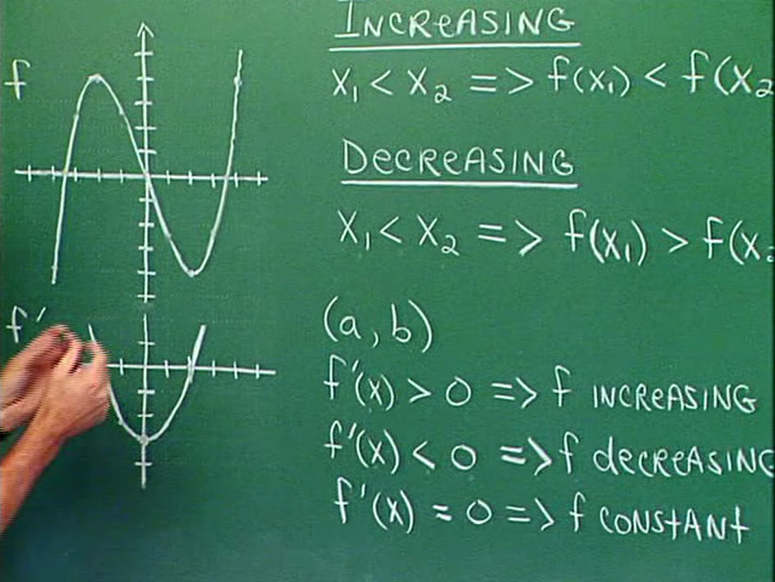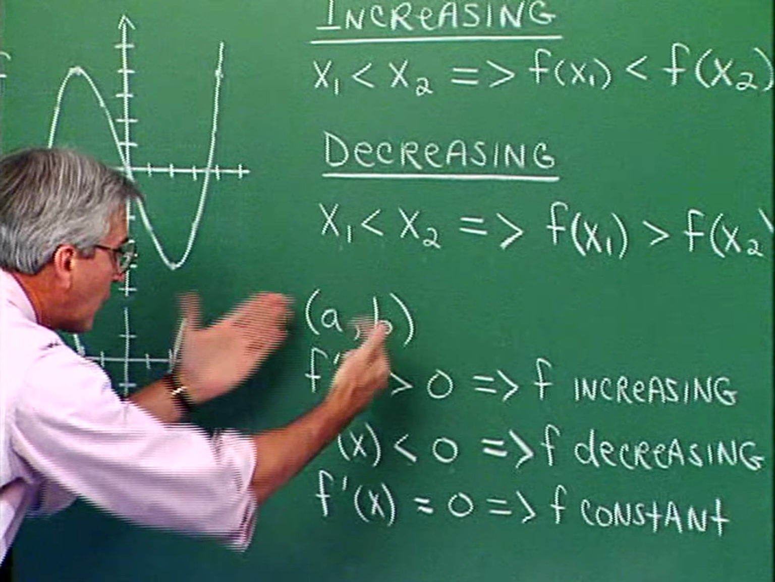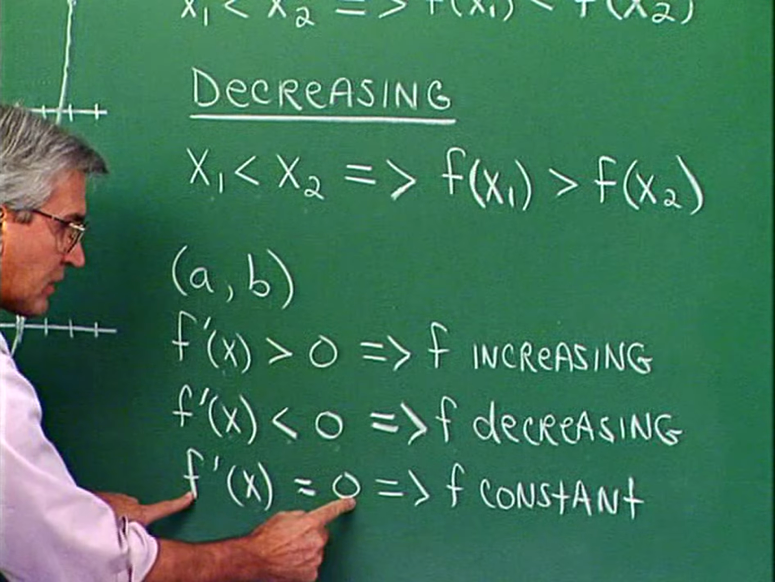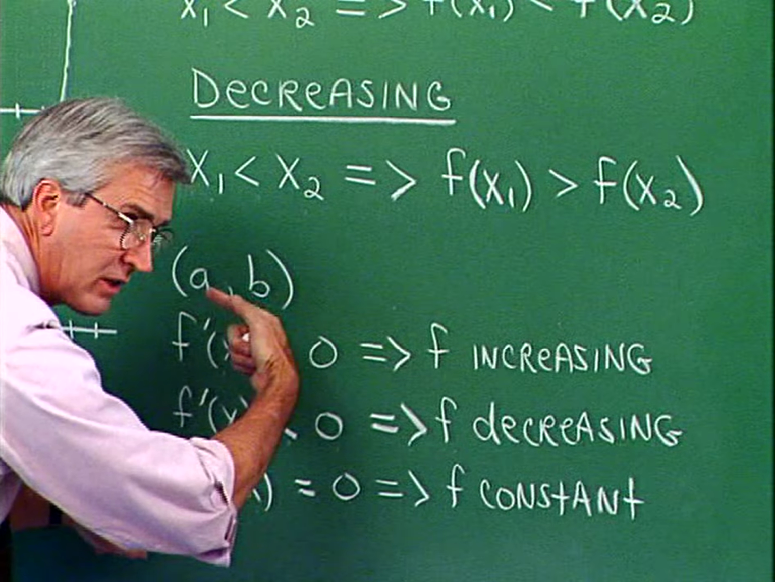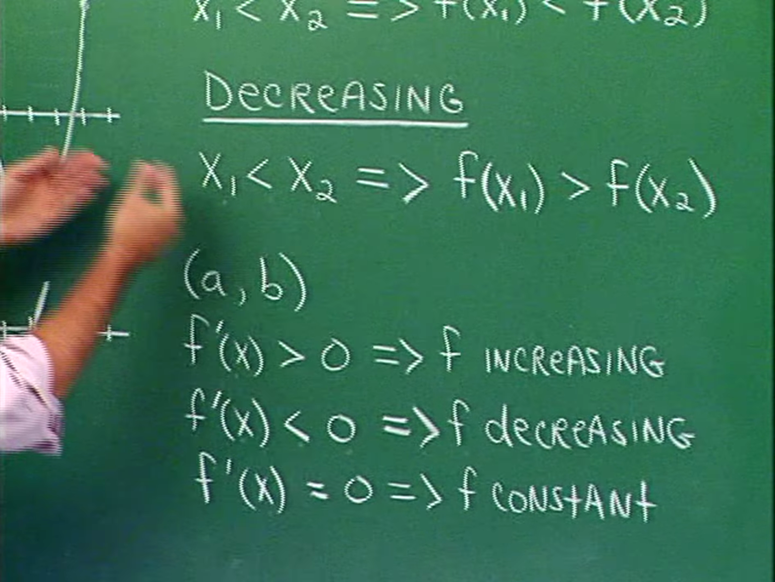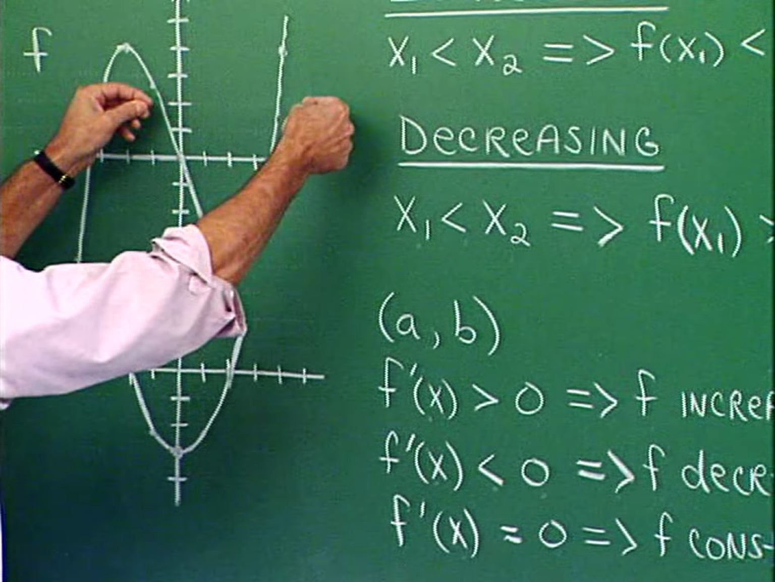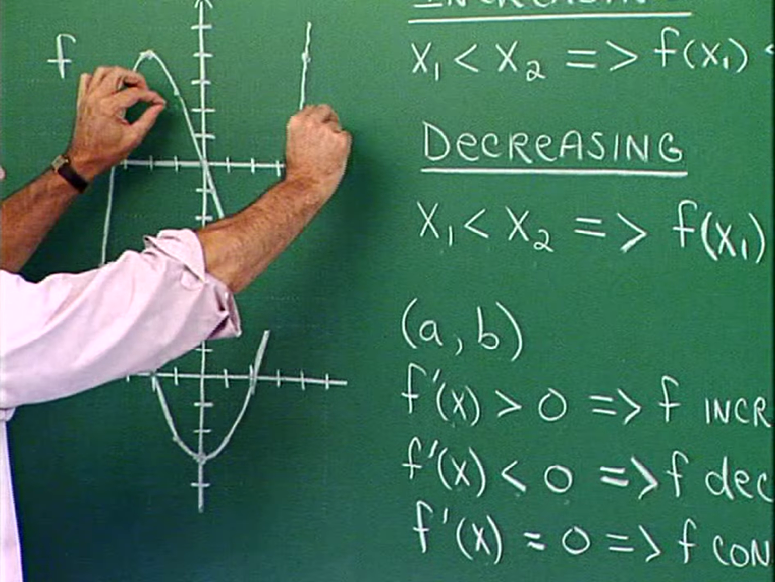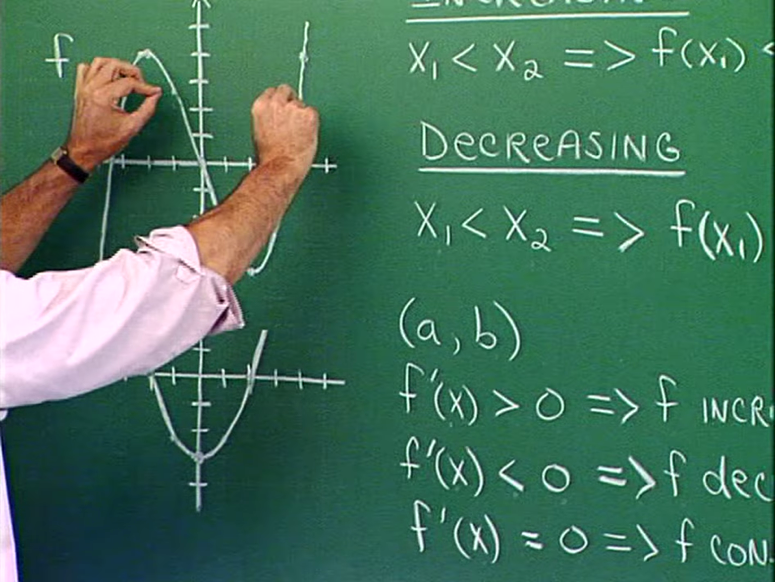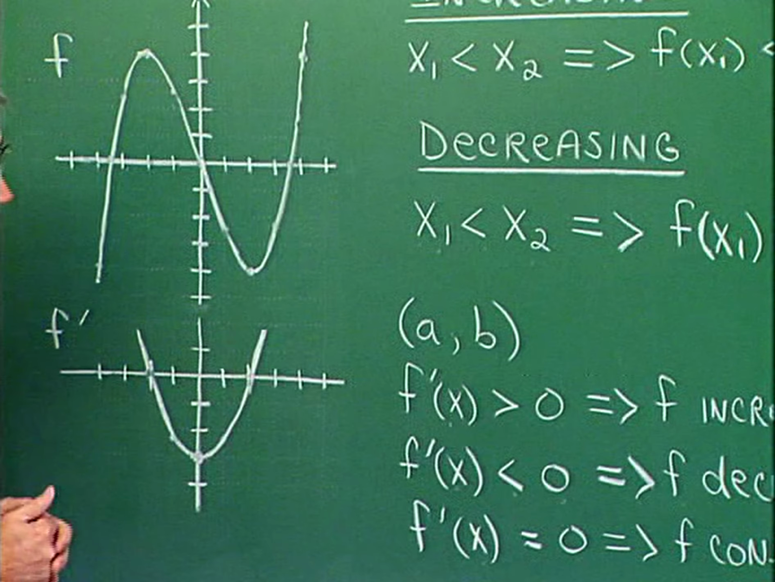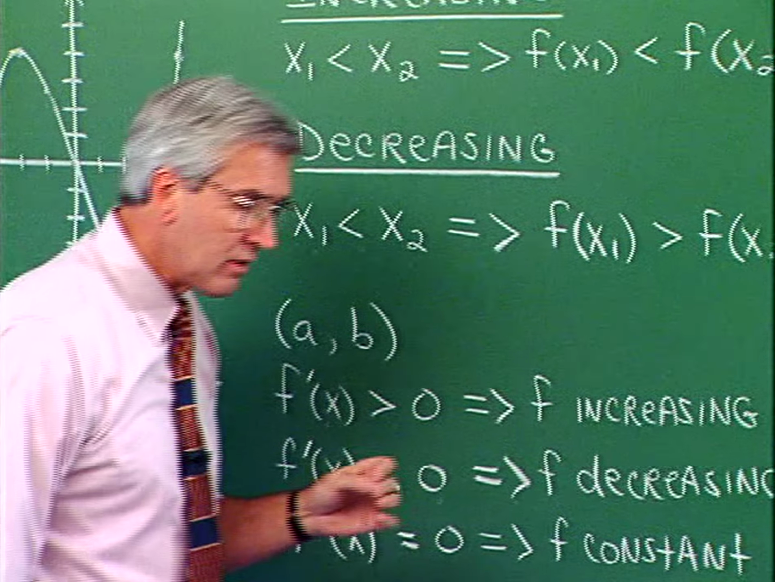And if we have places, regions, or intervals along the f prime graph where it's equal to 0, then f is constant. Now, that doesn't happen over here. We don't have a region on f where we have a constant or flat graph. That's what would happen if we had a flat graph. Then f prime of x would be 0 for an entire interval. Well, consider